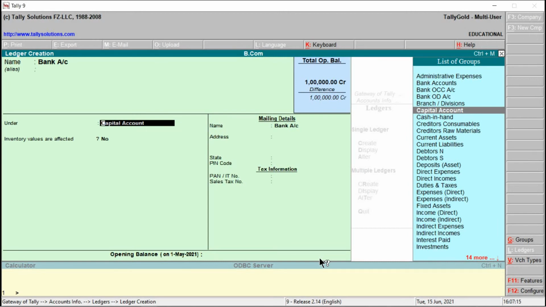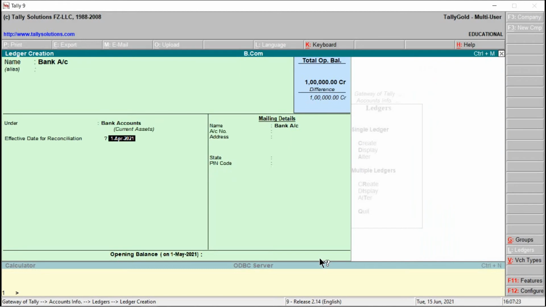Just type here the starting letter B, Bank Accounts, right? Then down arrow key, Bank Accounts. The next we can see here is that Bank Accounts is a subgroup. Again this is allocated to the primary group, that is Current Assets, and the effective date for bank reconciliation will be from the 1st of April, right? Mailing details we can see here. Name of the bank we can provide here. I just provide here